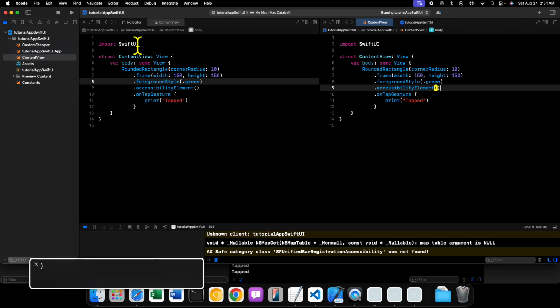All right. So now, once we apply accessibility element as a modifier, which pretty much tells SwiftUI, hey, this is an accessibility element, convey it to assistive technology as one. If we save this,